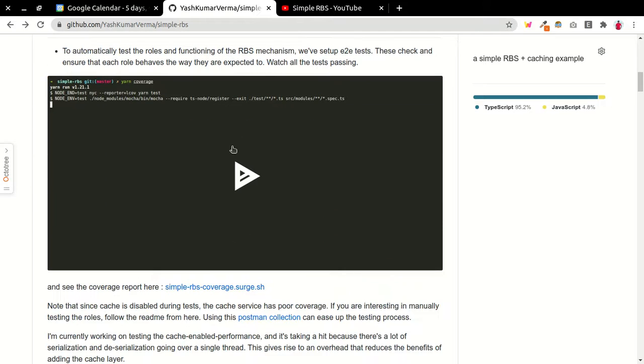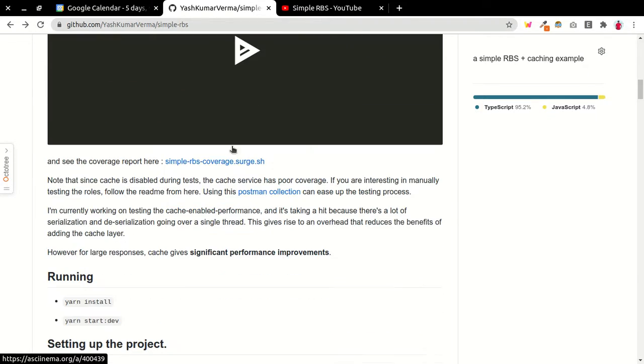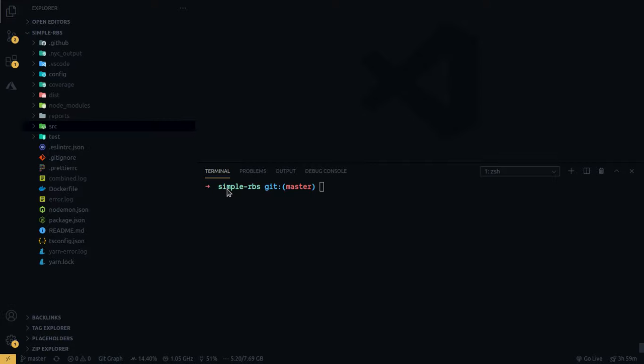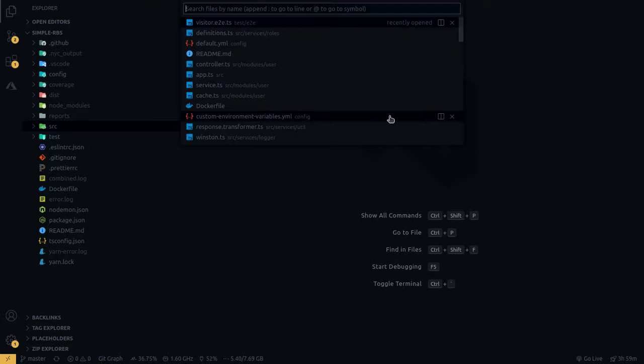Then we have a small screencast of the tests running, plus the coverage reports are over here, and a Postman collection so that we can easily test the individual components, just in case we need to run them individually. Here I have the system along with me. First of all, I'll be running the E2E tests to demonstrate how the roles have been implemented, and by the time they run, I'll be showing you